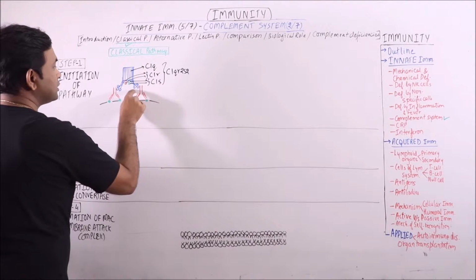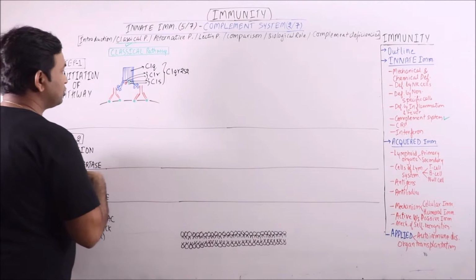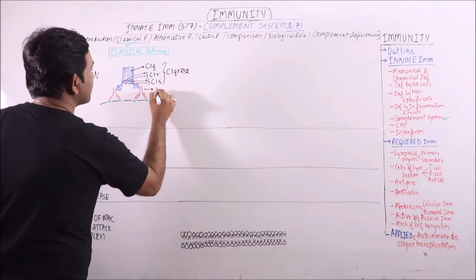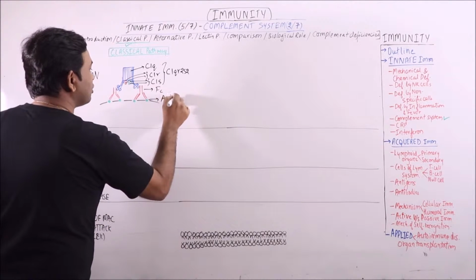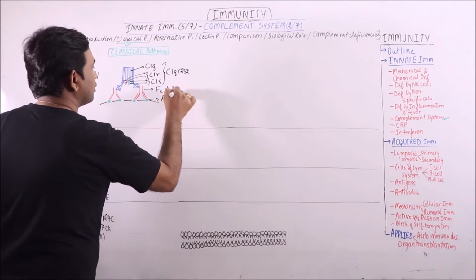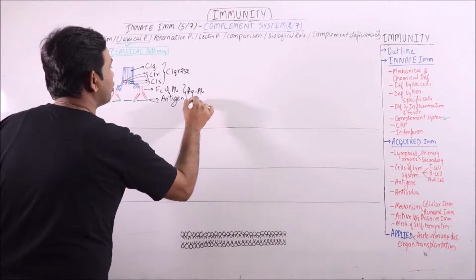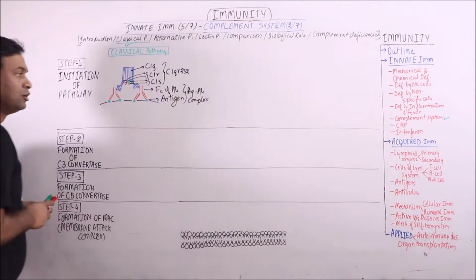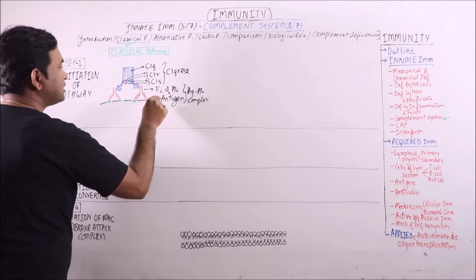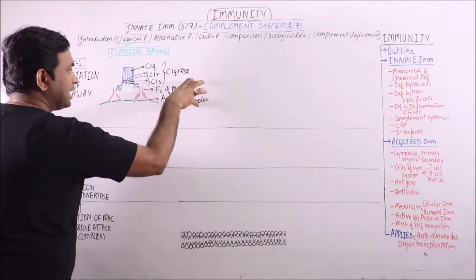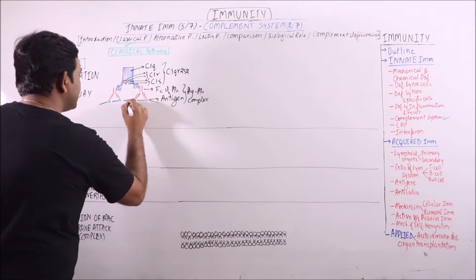The C1Q is having sites of attachment on FC fragment. So this is basically FC portion of antibody and these are antigens on surface. So this is basically antigen antibody complex. So this classical pathway is initiated when C1Q binds with the FC fragment when antigen antibody complex is formed. Because of this,